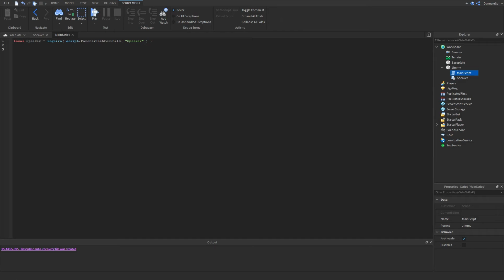The final piece of adding a module script to your main script is to call one of the module's functions somewhere in your code. You do this by typing in the module script's variable name you declared earlier, adding a period, and then the function name. If you'd like to receive a value from your module script, you'd want to do the steps I mentioned earlier and then turn the module script function call in the main script into a variable.